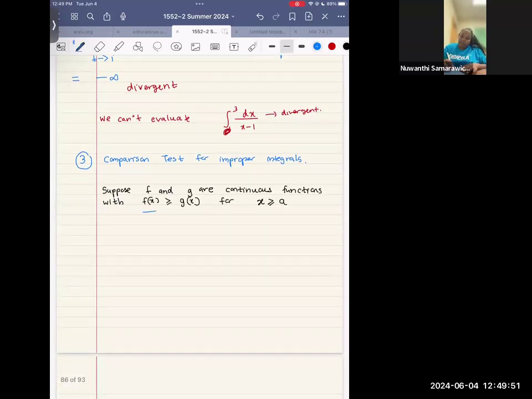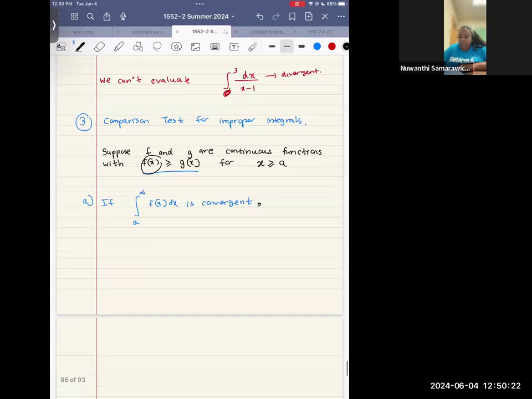So here the f function is greater than the g function. So if the integral from a to infinity of f of x dx is convergent, that means if the improper integral of f is convergent, then we can say